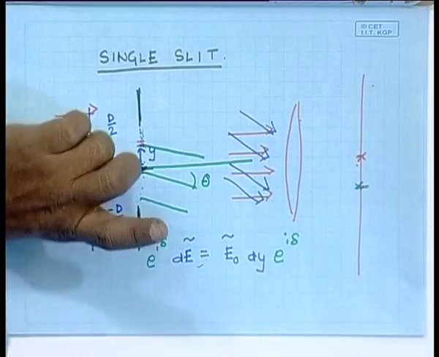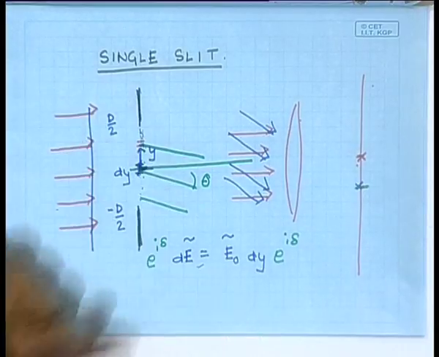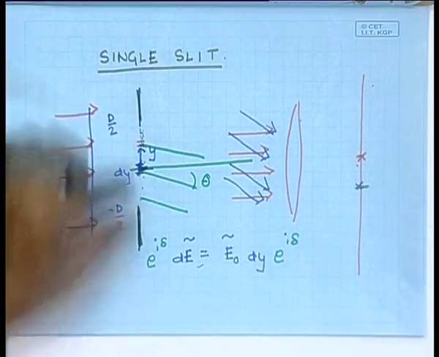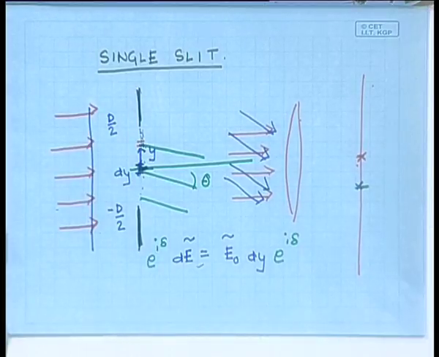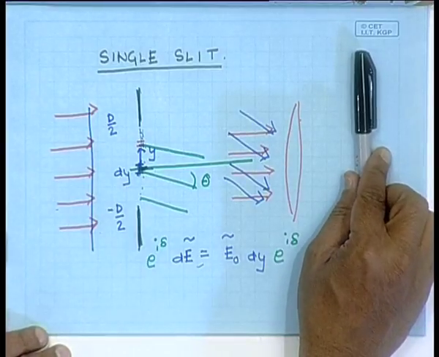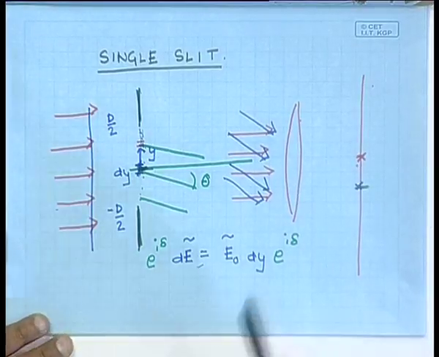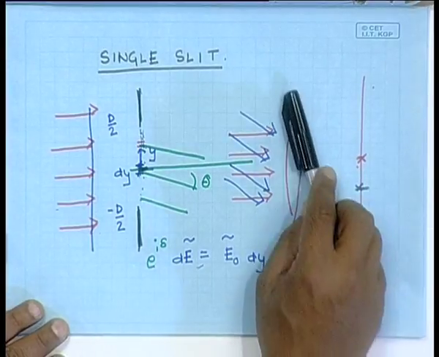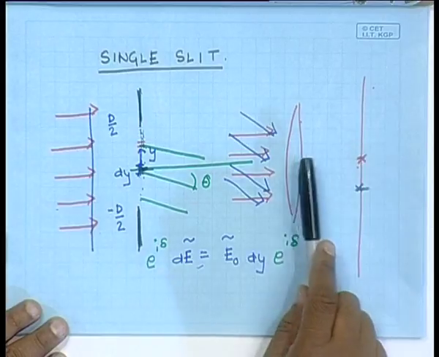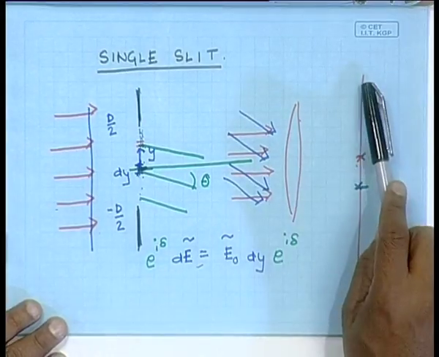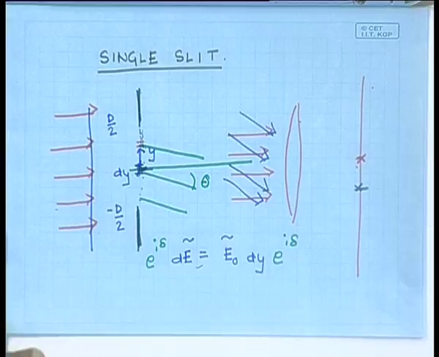The length of the slit in the other direction is very large. The plane wave is incident on this. We want to calculate the intensity that would be observed on a screen which is placed very far away, or you have a screen, you have placed a lens over here and the screen is at the focal length of this lens. We would like to calculate the intensity pattern on the screen over here,